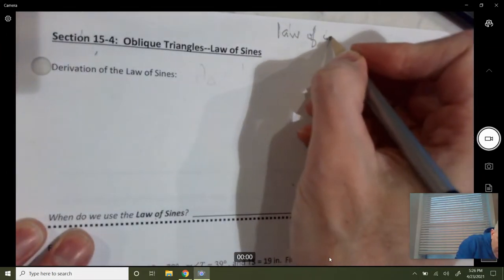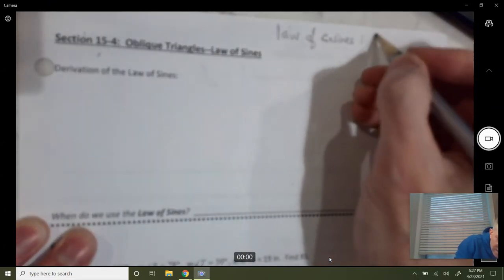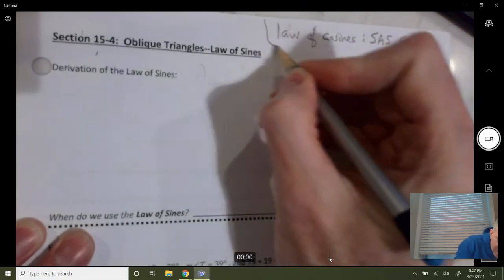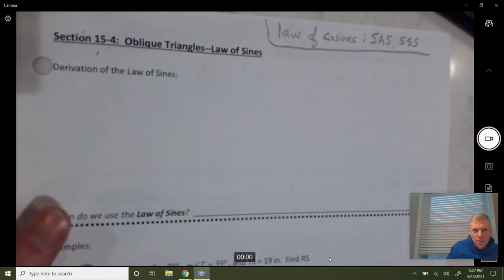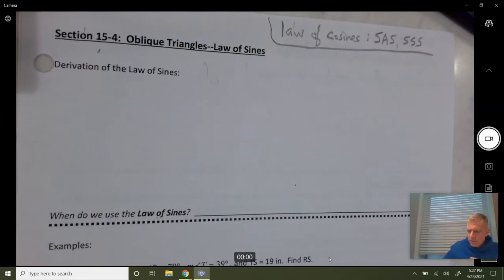Law of cosines we use for the cases side, angle, side, and side, side, side. Okay, and we're going to talk about today, when do we use law of sines? We're going to put that down here. Okay, but before we do that, what we're going to do is we're going to talk about what is the